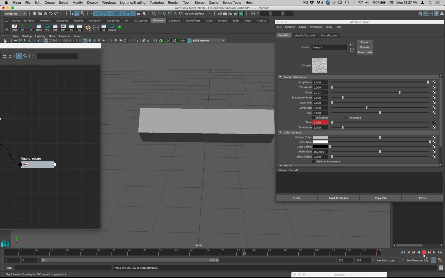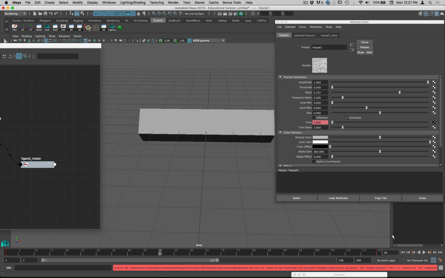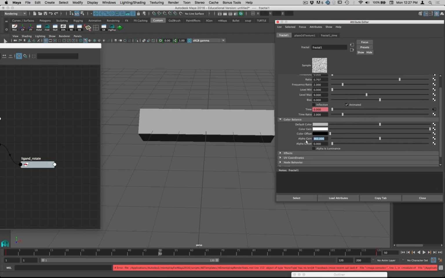Okay, so now you can see we've got more controlled rotation here. So we're controlling the speed by changing the speed with which this fractal changes, and then we're controlling the amount by changing the alpha gain here. Now, one thing you want to do whenever you do something like this with alpha gain, so think about what's happening here. It's going from black, which is 0, right? And so if you multiply 0 by 360, 0. Yeah. So it can go now from 0 to 360, but it's not going negative,